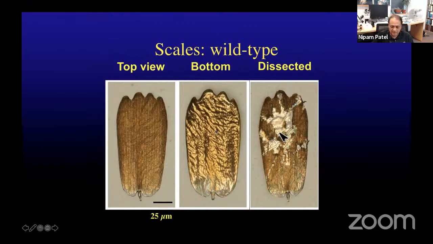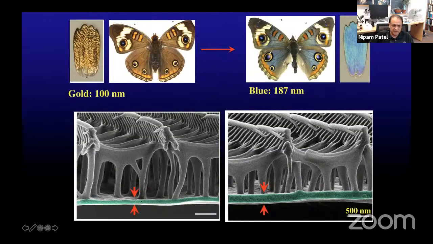So what happened? How did they change color? So it turns out that that gold color is caused by the lamina being about 100 nanometers thick, and the blue is caused by that lamina essentially getting about twice as thick. And so that switch in thickness causes a change in the colors that undergo maximum constructive interference. And that's how Edith Smith's selection actually caused these butterflies to be blue by increasing this lamina thickness.